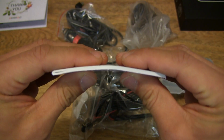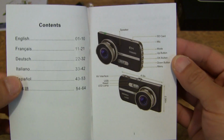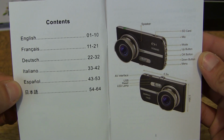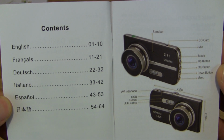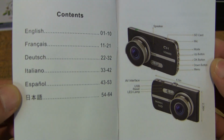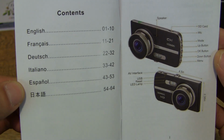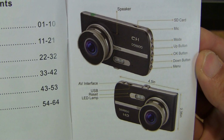So pretty chunky booklet as you can see, and let's flip it open. So this is a 1080p camera, of course showing you the contents right there. So the reason why this book or user manual is so thick is because the instructions are covered in 6 different languages. So giving you a close-up look right there